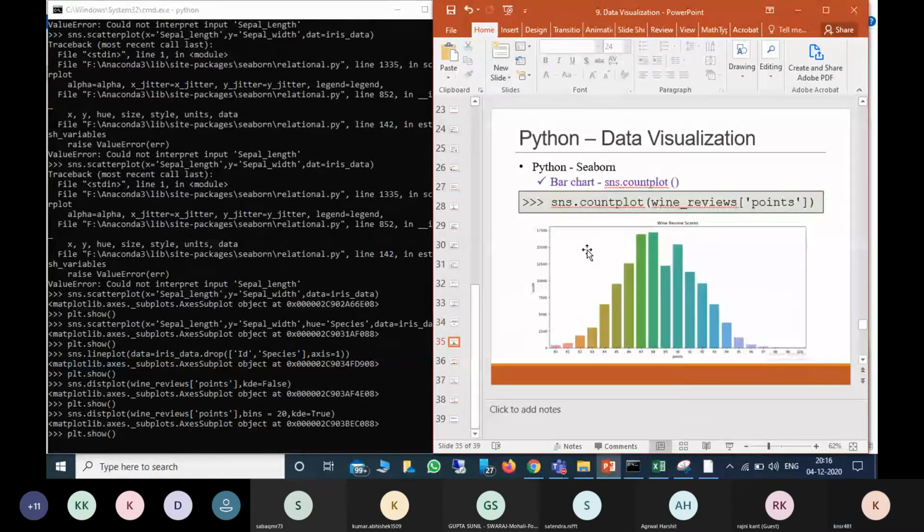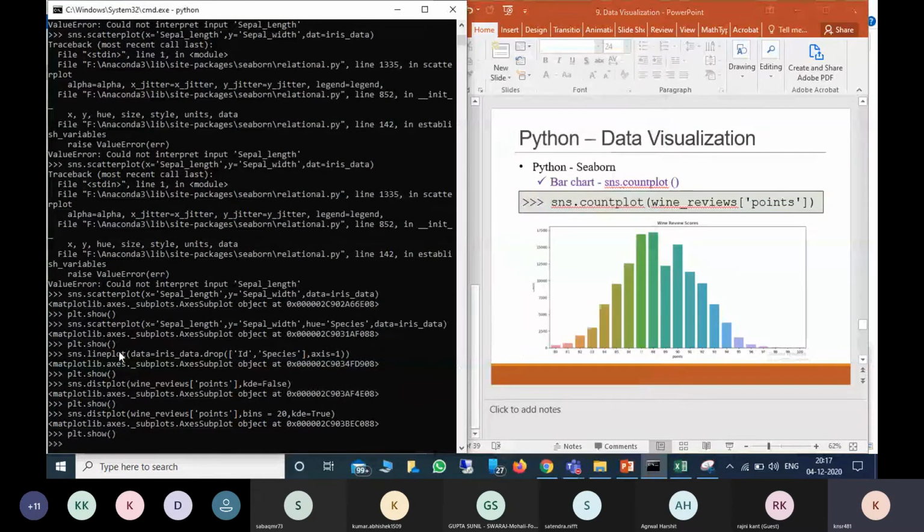And the final one is bar chart. For bar chart we can use the function called count plot. Here it will count each occurrence and then plot. We can simply provide SNS dot count plot, wine reviews points.